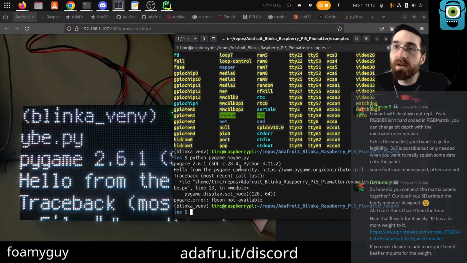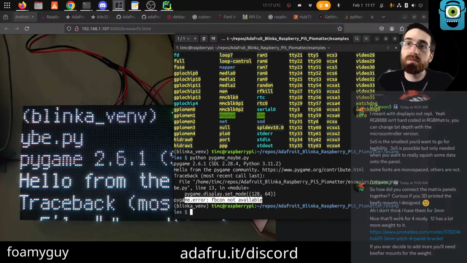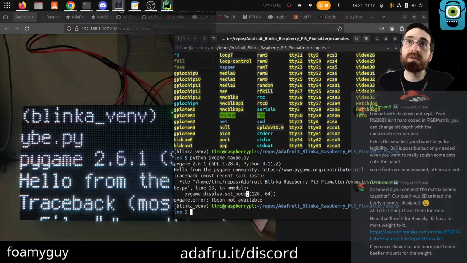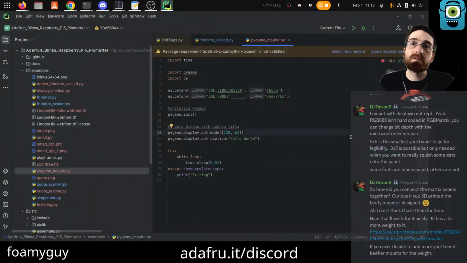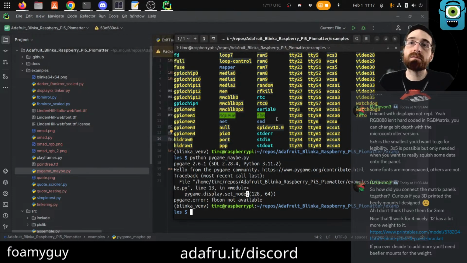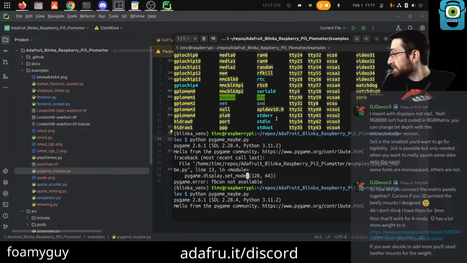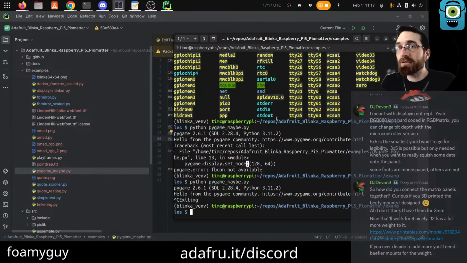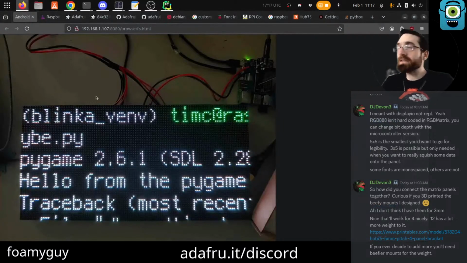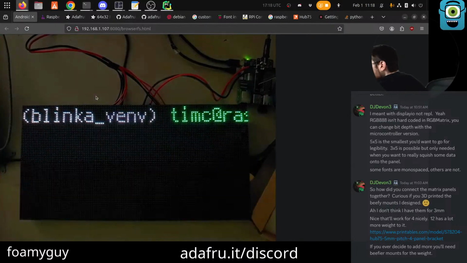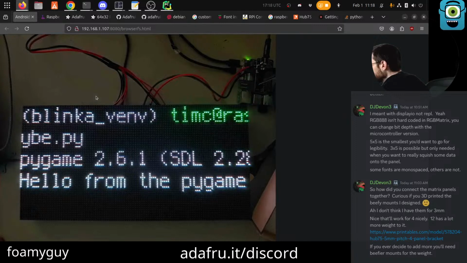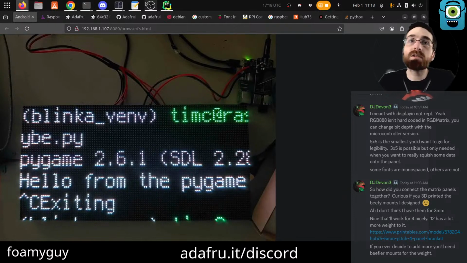Oh, got the same error. FBCon not available. We got it when we tried to set the mode. Maybe we should not call set mode. What happens if we just don't do that? In fact, what if we take both of these out and we just call init? Do we still crash or what? Now I don't crash, and I can exit, but it did not show on the display. But we are on SSH. That didn't really get us anywhere.